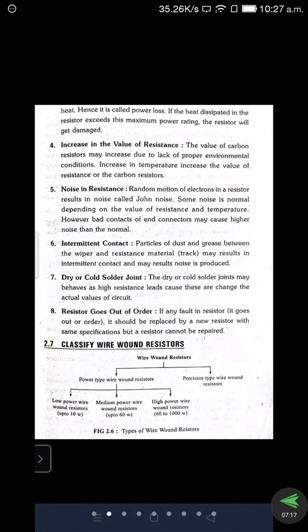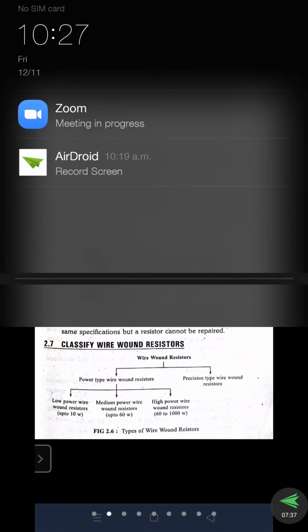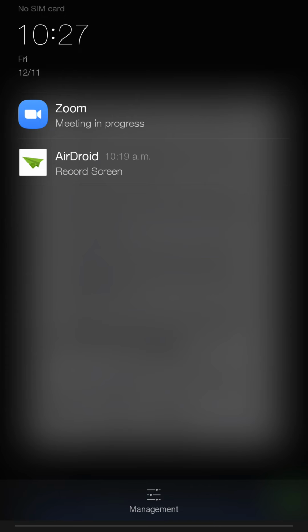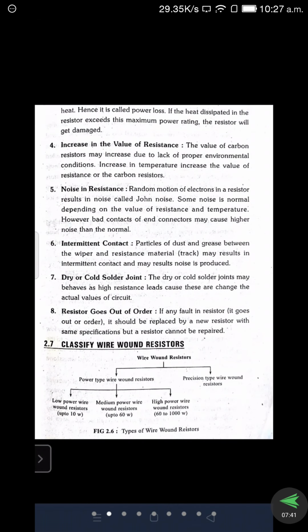So the value is much greater and the power handling capacity is much greater compared with the fixed resistors. Fixed resistors are only available up to 2 kilo ohms. Sometimes, depending upon the application, at 2 watts ranges, the power handling capacity will be very less, even if the value of resistance is high. 100 kilo ohms we also get in the case of fixed resistors. But the value is greater, while the power handling capacity is very less.